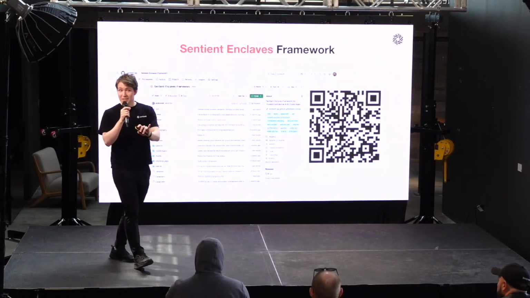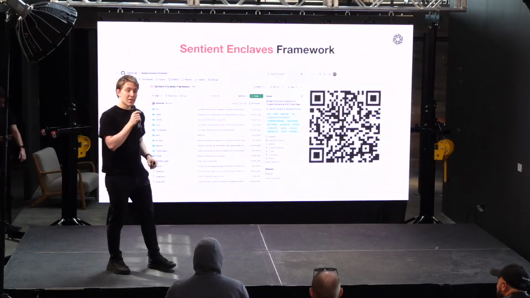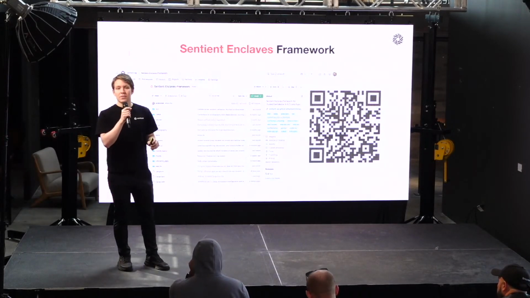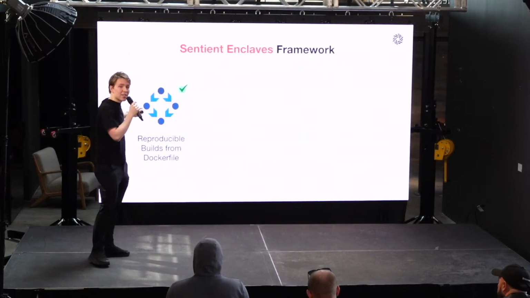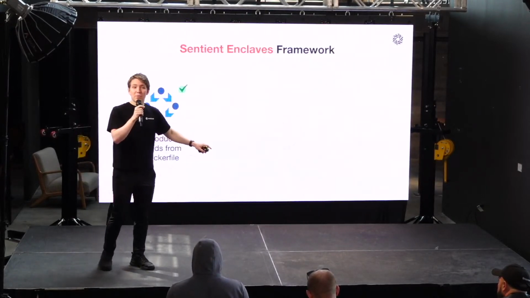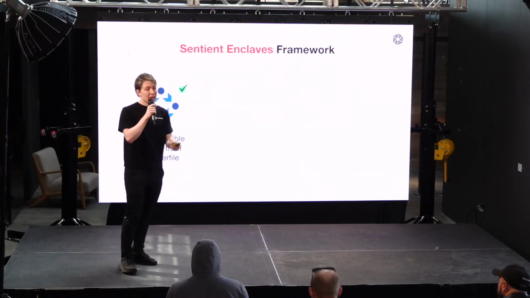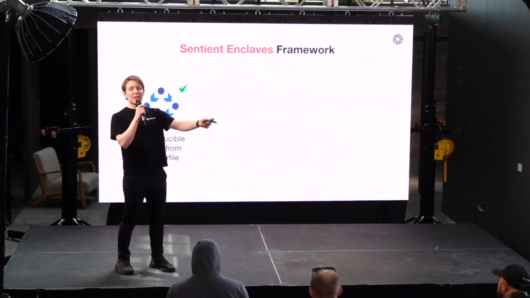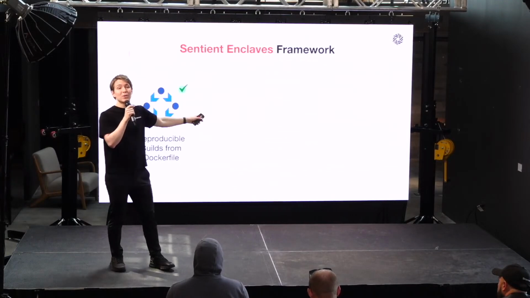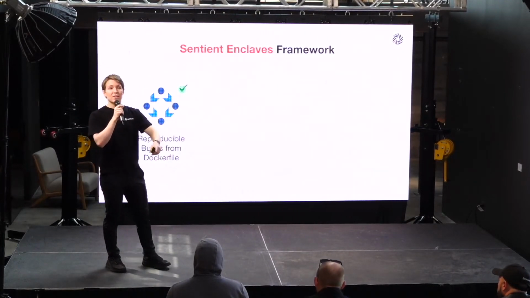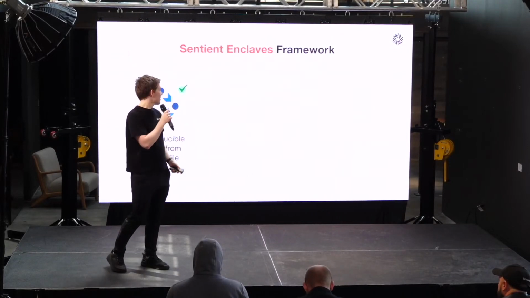Now, this is a beta, okay? This is an early access, but it hits right at the point of those limitations we just discussed. It hits at the limitation that it's very hard to get reproducible builds. We have reproducible builds. It means you give us a Dockerfile, and byte by byte, exactly what you get in the enclave is exactly what anybody else will be able to deploy on their own machine, on their own EC2 instance with that exact OS.